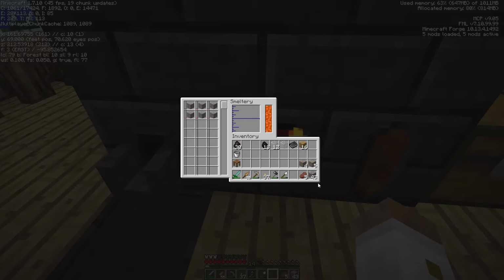Alright, iron. 6 iron. And you just right click and shift right click and it just sends the whole stack over. That's the quickest way to do it. Shift right click puts all 6 in, and now normally if we put this into an ordinary furnace,